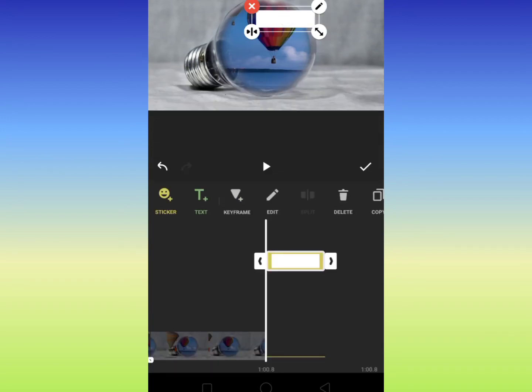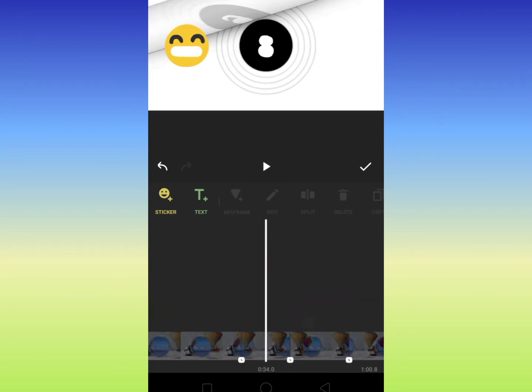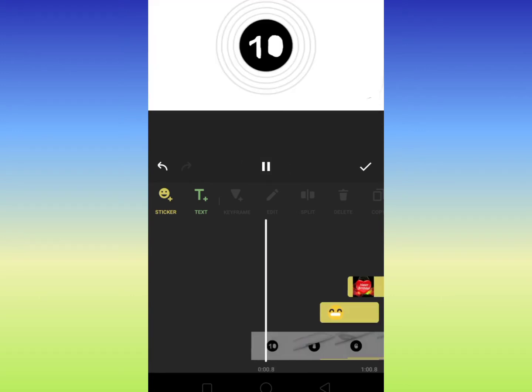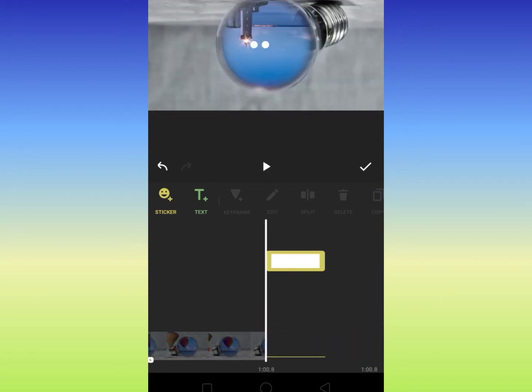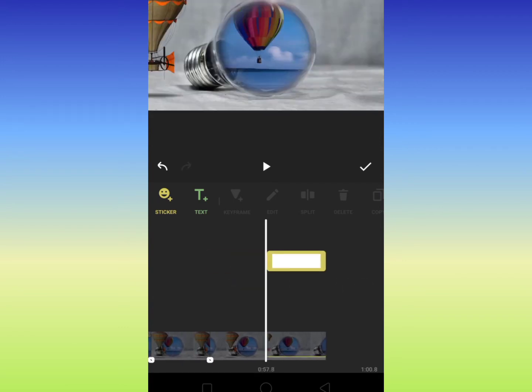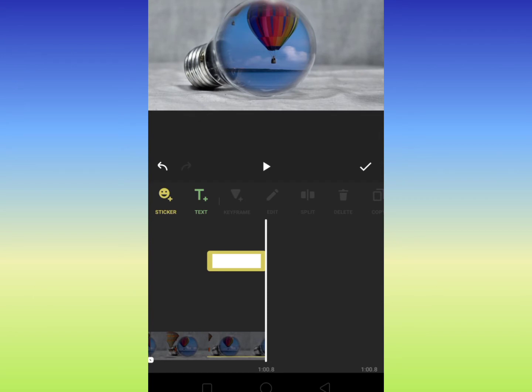Now see, this is at the end of the clip, right? But usually this will not work like this. This GIF, you have to place it inside your video. So I am just placing it inside my video, and then you can play and check now. So it works fine for me.